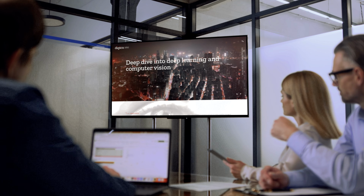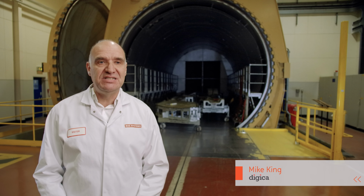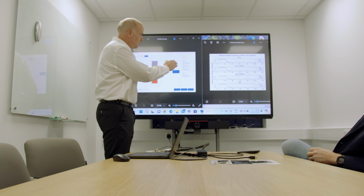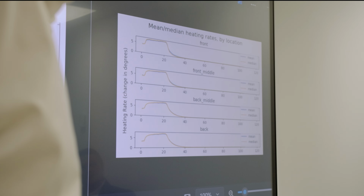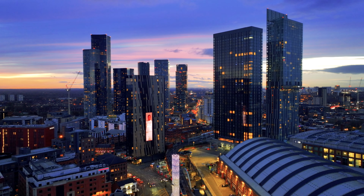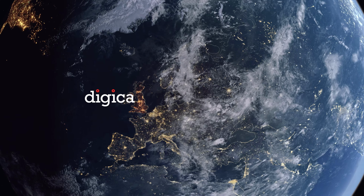Digica were founded in 2016. We're a software services company, but our specialism is AI. We work with predominantly technology companies, helping them look at their data and getting useful information and solutions from there. Headquartered in the UK, just outside Manchester, but our customers are worldwide, from huge companies to smaller organisations, startups and